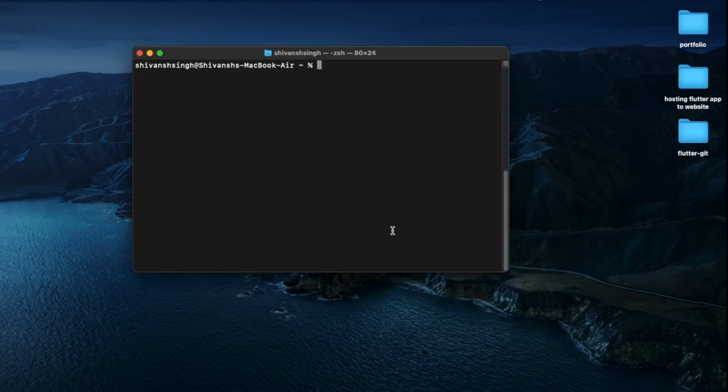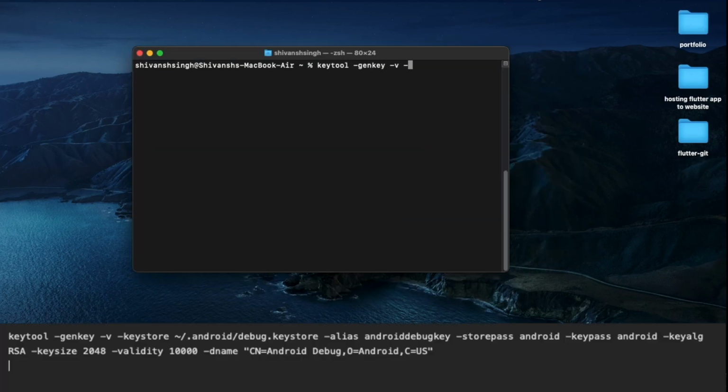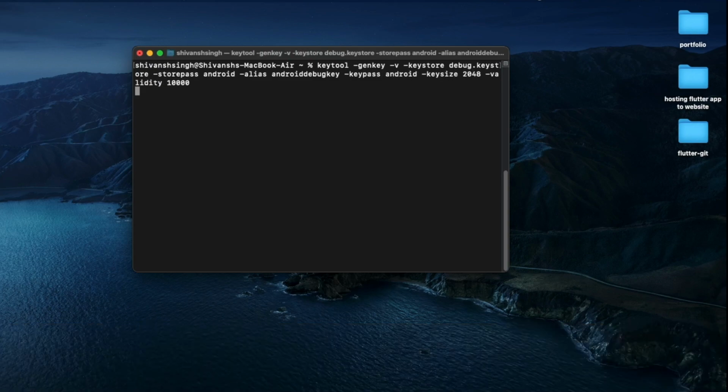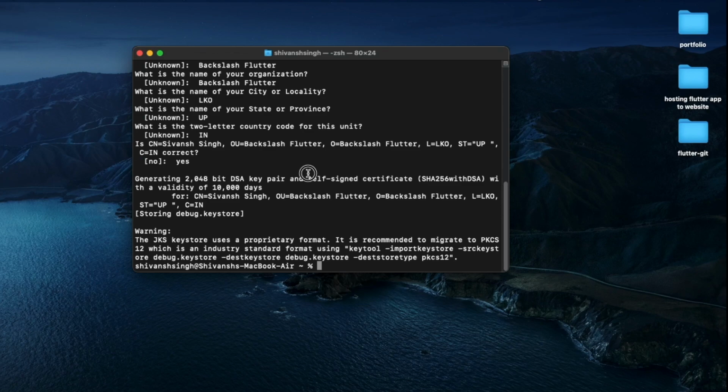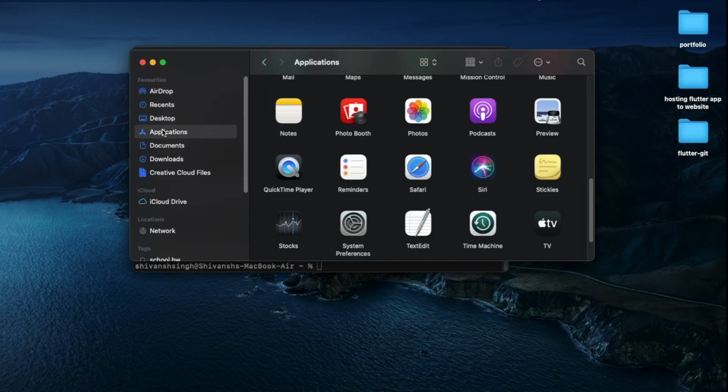And now for creating a keystore, we have to enter this command, which will have the keystore name as debug.keystore and alias as androiddebugkey, with a validity of 10,000 days and of 2048 bits. And just enter these details. After you enter these details, it will generate the keystore file in the current directory.